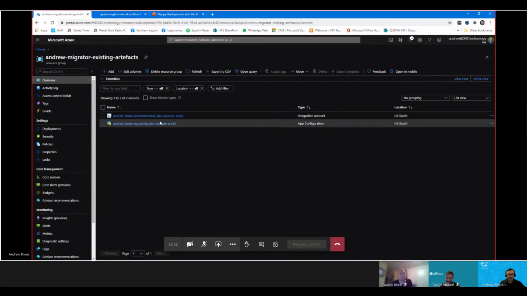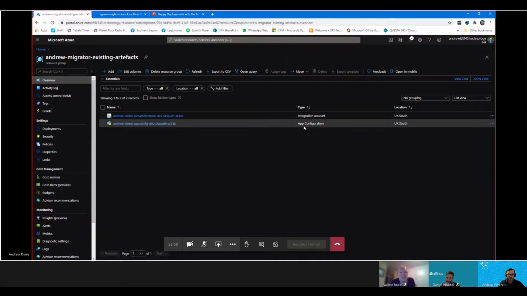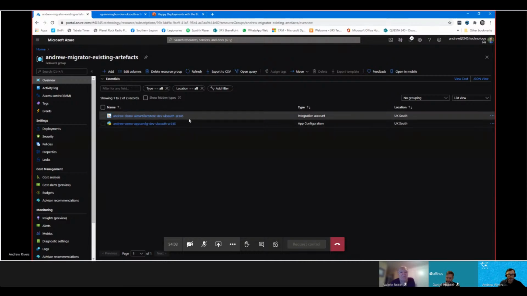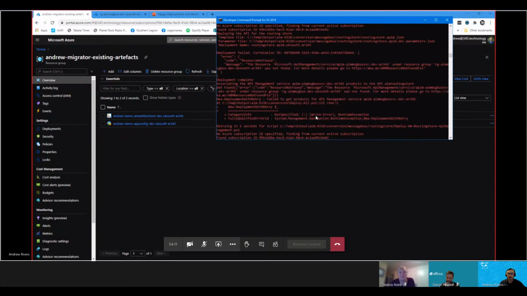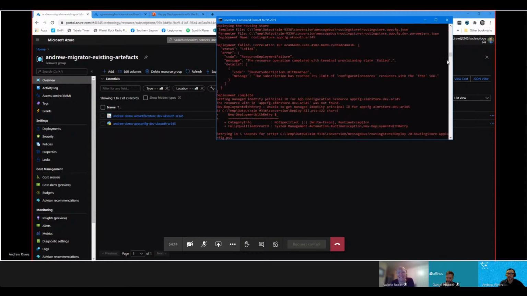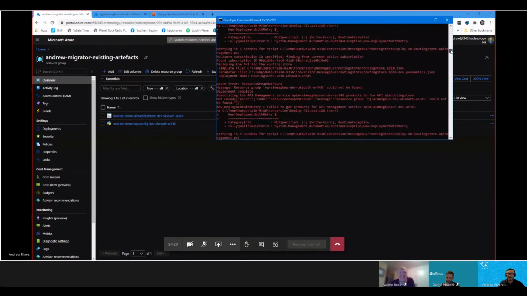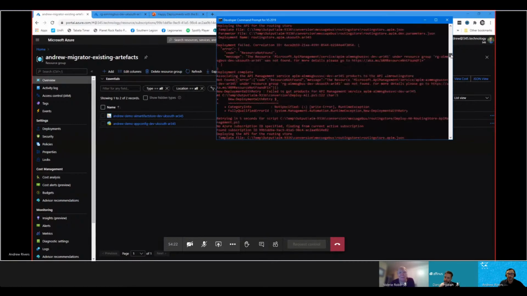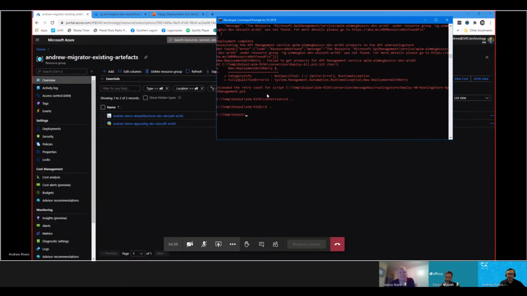So we'll see this one. I created an integration account and an app configuration resource, and then I did a standard deployment and ran that, and what I got was something that looks remarkably like this. This is what Valerie quite aptly calls the sea of red. So that's where we start, and then we get errors and everything fails, because once you haven't been able to deploy the expected named integration account, and once you haven't been able to deploy the expected app config,